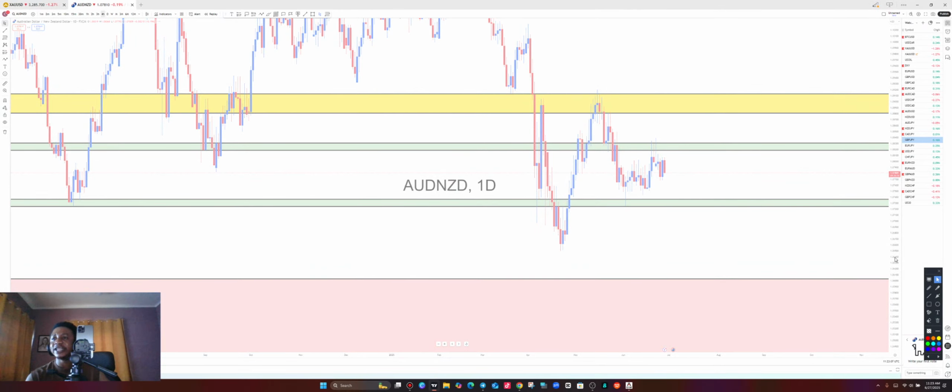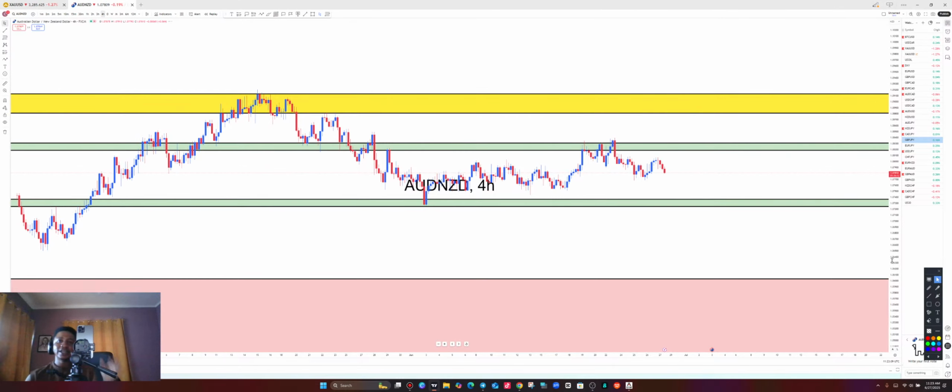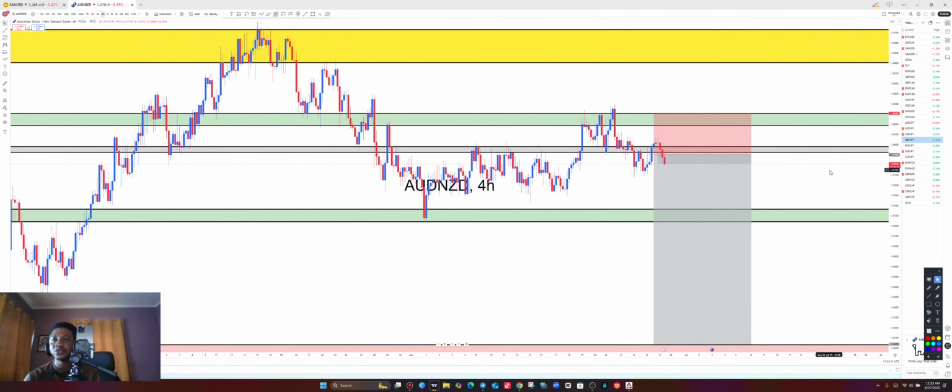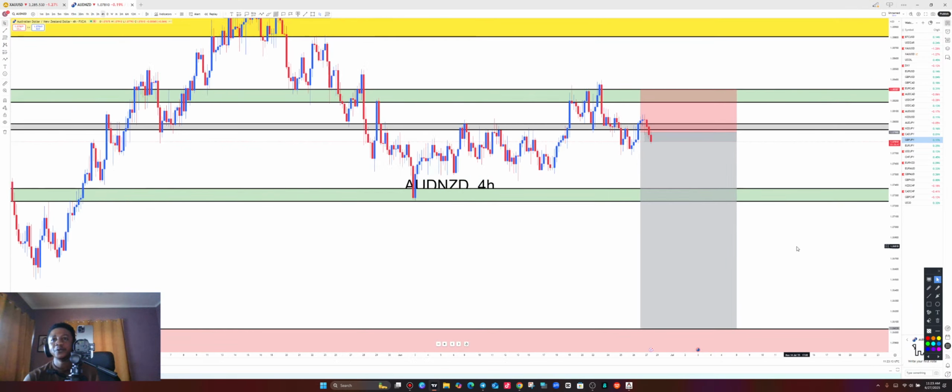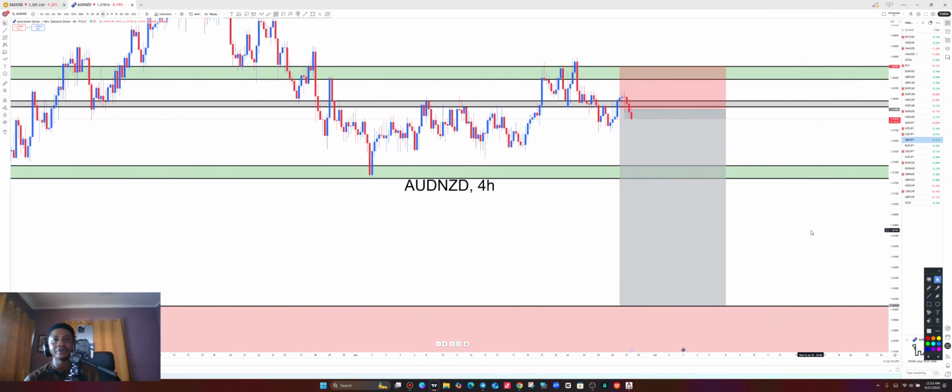So this is AUD NZD on the forward time frame. Let's finalize it over here. So this is the forward time frame AUD NZD. We did explain yesterday that our price will be selling on 4 hour, but let's explain the 4 hour again. On the 4 hour time frame, we have the 4 hour mid-range zone. Price was able to break below this 4 hour support level after forming a triple top. It broke below the 4 hour support level to give us the first lower low, lower high. Price couldn't extend further. It went up again, and on candle confirmation, we have been able to enter this sell all the way to the downside.